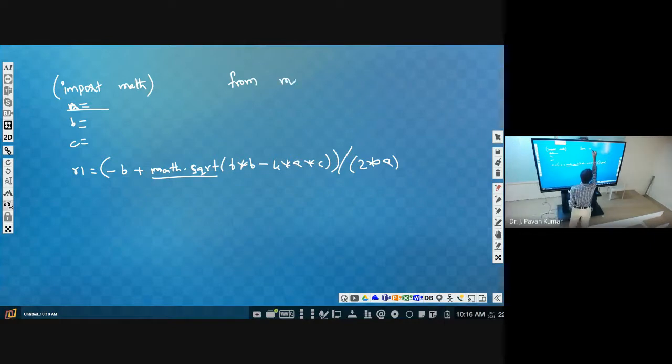From math import sqrt. Like this we can specify, so that it is not required to use math.sqrt every time. We can use sqrt directly. Got the difference? If you use import math, it will also work, but we have to use math.sqrt. But if you don't want to use math. every time, we can specify from math we are importing sqrt.